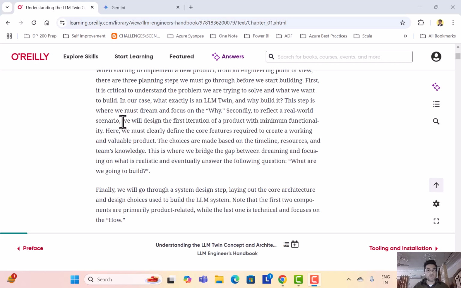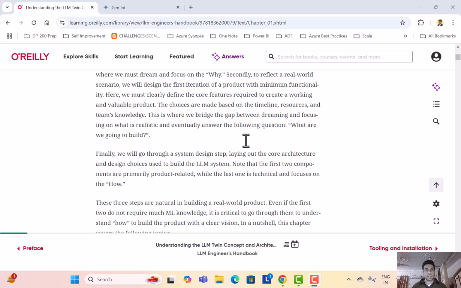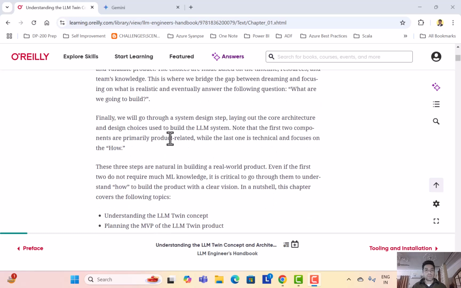Secondly, to reflect a real-world scenario, we will design the first iteration for minimal functionality. Here we must clearly define the core features required to create a working and valuable product. The choices are made based on the time, resources and team's knowledge. This is where we bridge the gap between dreaming and focusing on what is real. Third, we go through system design. These three steps are the foundation of the build.